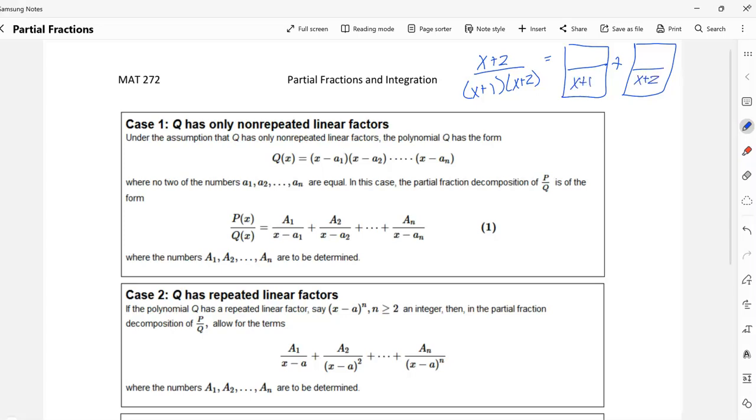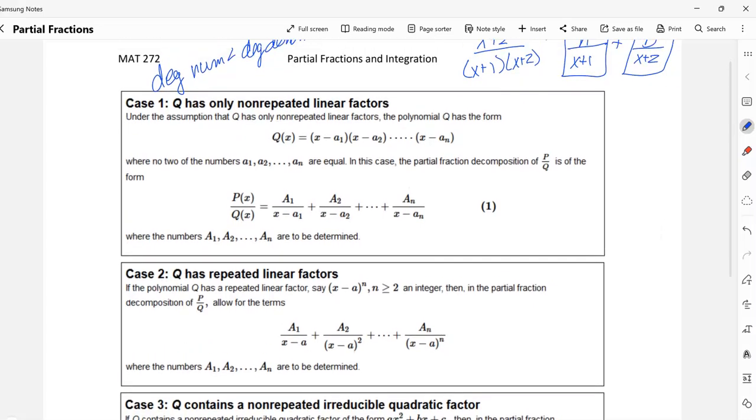Well, we know that the least common denominator in this case would be x plus 1 times x plus 2. So one of the fractions had to have a denominator of x plus 1. The other fraction had to have a denominator of x plus 2. And then we just have to figure out, well, what would the numerators have to be? If we're talking about proper fractions, that means that the degree of the numerator has to be less than the degree of the denominator. Then we could call these A and B, and we could set up a system of equations to help us